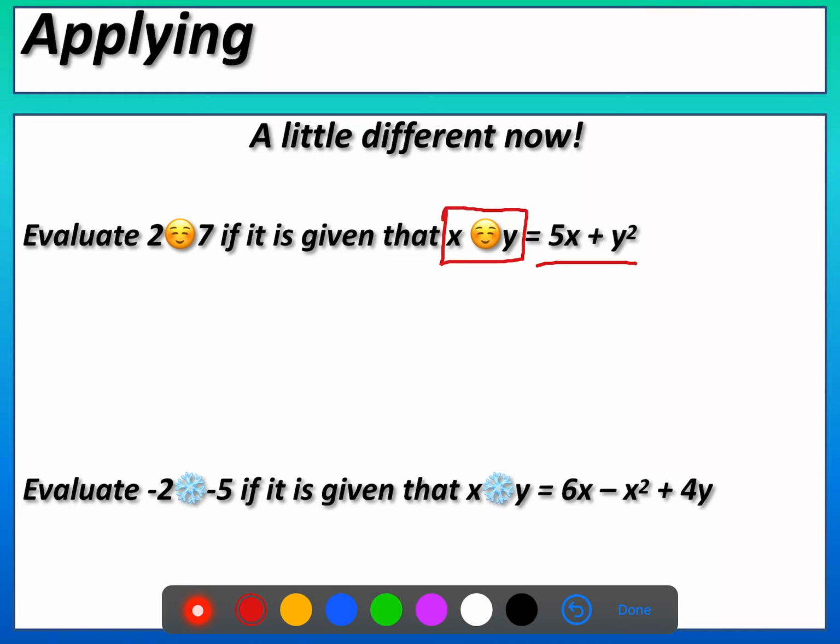So think of x smiley face y as your function notation, and think of 5x plus y squared